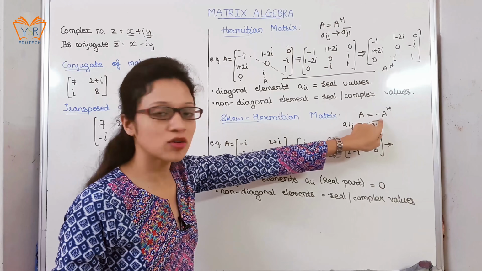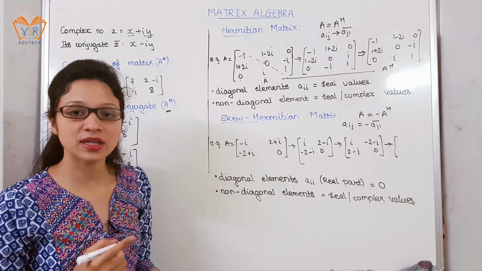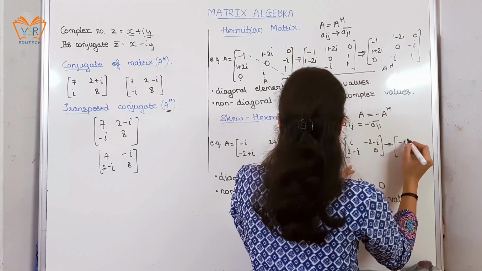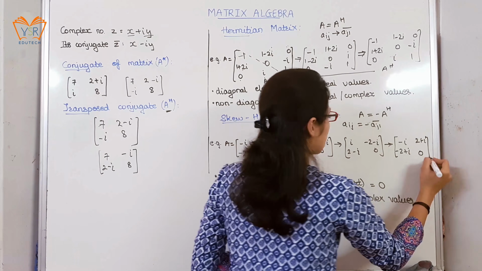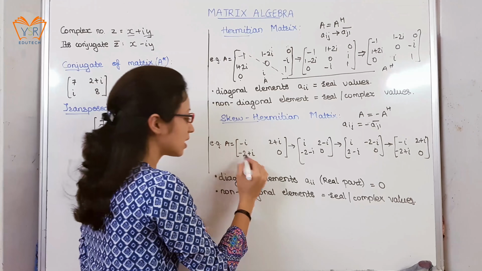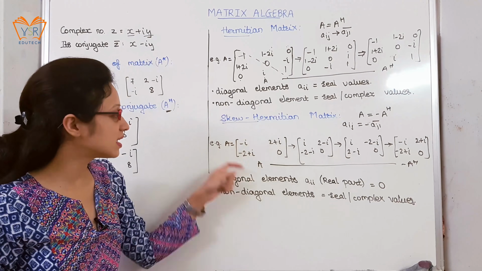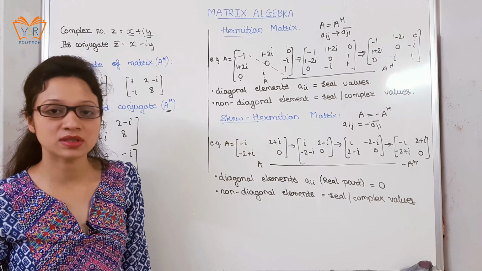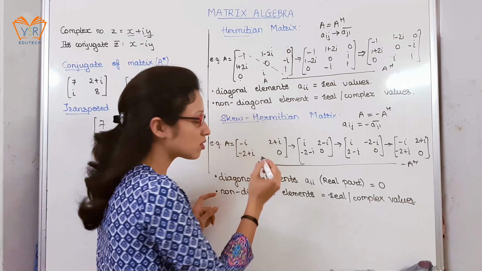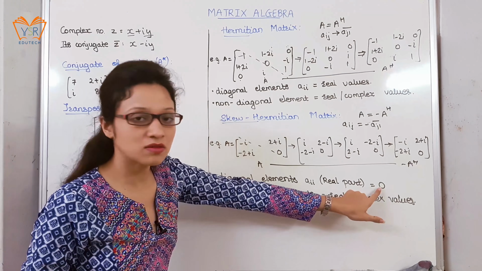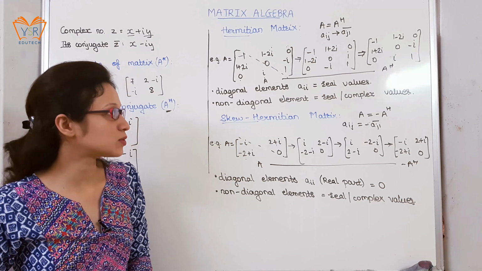As we need the negative of transpose conjugate, find out the negative. To find out the negative of any matrix, multiply minus sign to all the elements. So we'll get now, as A is equal to minus A raised to H, we can say that the given matrix A is skew Hermitian matrix. 2 points to be noted in skew Hermitian matrix are, all the real part of the diagonal elements are always equal to 0 and the non-diagonal elements can be real or complex values.